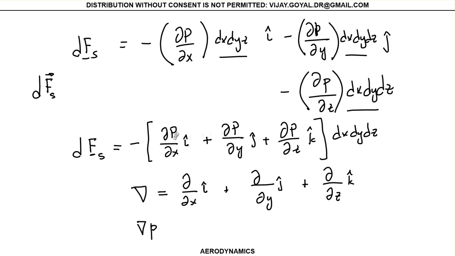So if I factor out p from this equation, if I took this p out, going to take this p, going to take this p, and if I factor it out, then I'll get something like this. Okay, so this whole thing is same as minus gradient of p dx dy dz. Okay, so